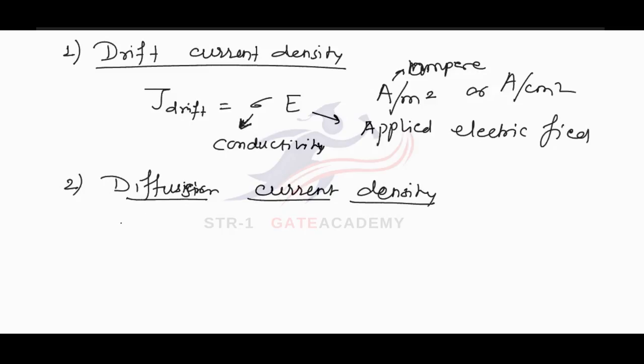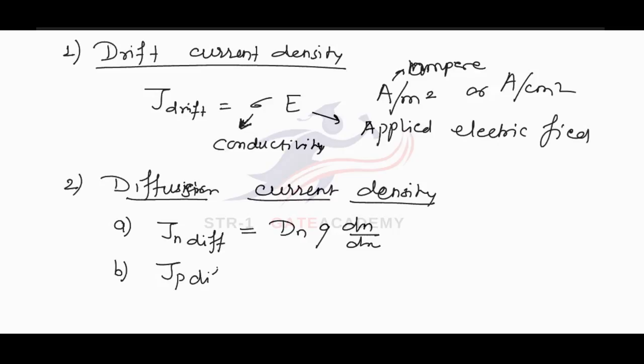Diffusion current density is defined for electrons and holes separately. For electrons, diffusion current density is defined as Jn diffusion equal to Dn into q into dn by dx. And for holes, this diffusion current density is defined as Jp diffusion equal to Dp into q into dp by dx,